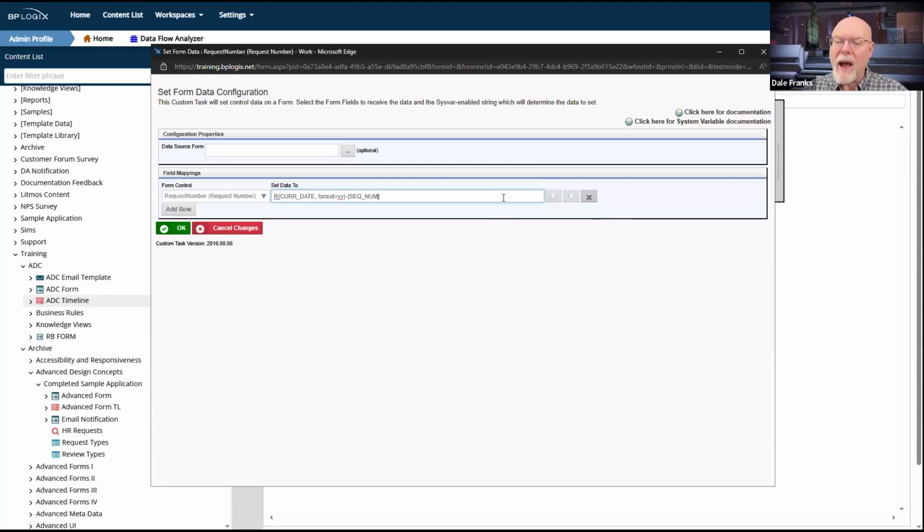So I am going to call this sequence number group, and you have to put a colon in to specify the group, and I'm going to call it R, and then I'm going to nest current year again, R cur year.